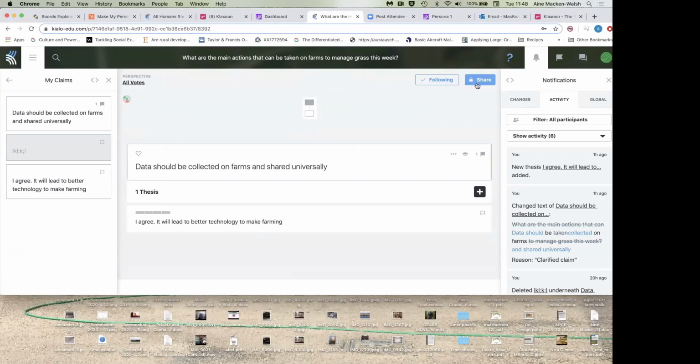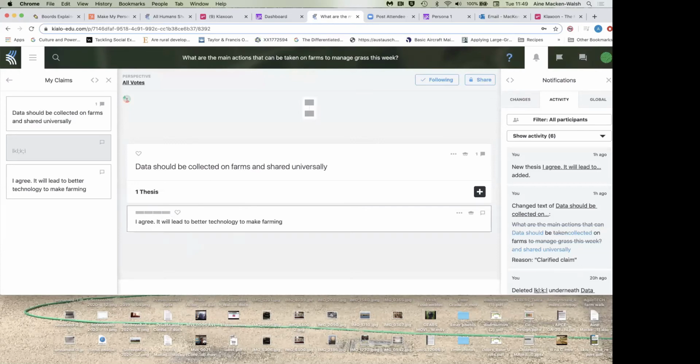We can either put it public or we can share it with our colleagues, or a member of a discussion group or a learning group that has a particular focus. People then come up with whether they agree or disagree. People needn't put in their own comment. They can like a certain comment or they can do whatever. And you can insert a picture here to make it more visually attractive. It's very, very easy to use.